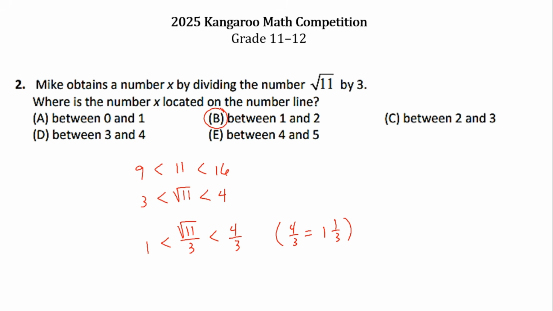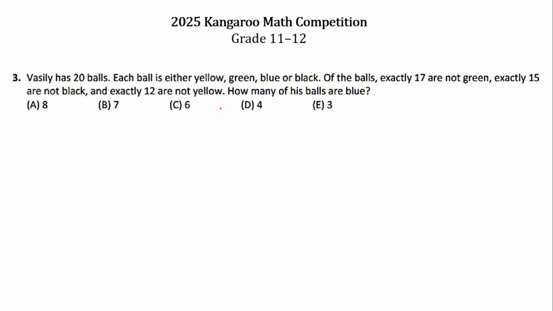Question number 3. Vasily has 20 balls. Each ball is either yellow, green, blue, or black. Of the balls, exactly 17 are not green, exactly 15 are not black, and exactly 12 are not yellow. How many of his balls are blue? Let us start by representing the number of balls of each color. Let's say